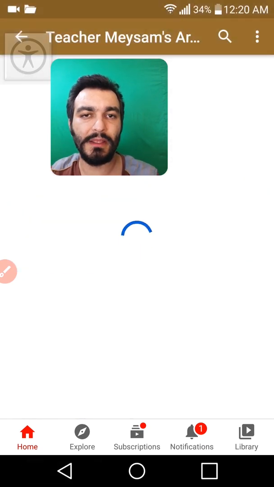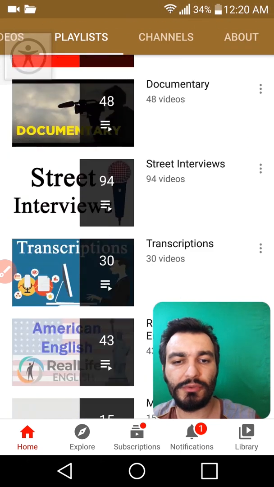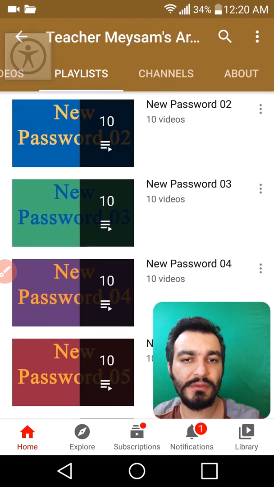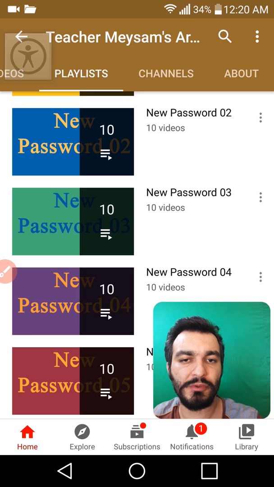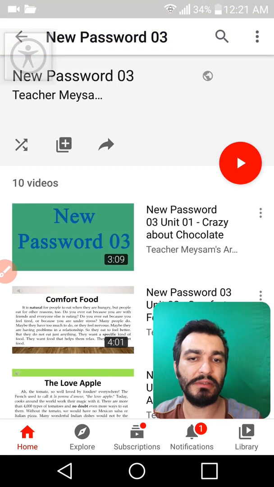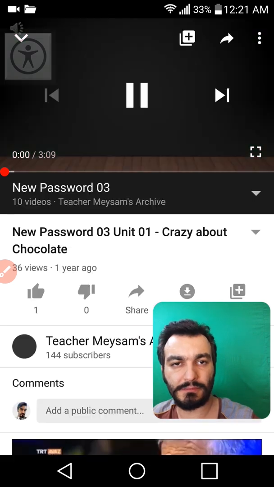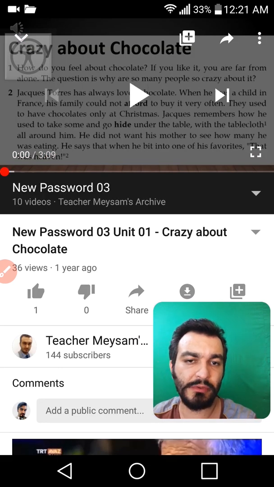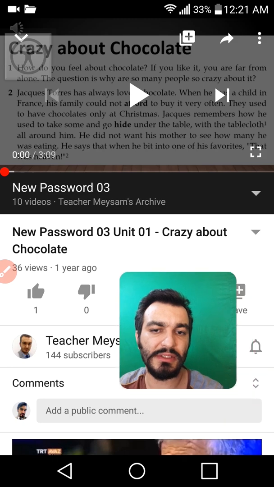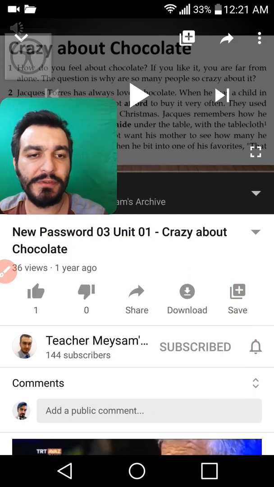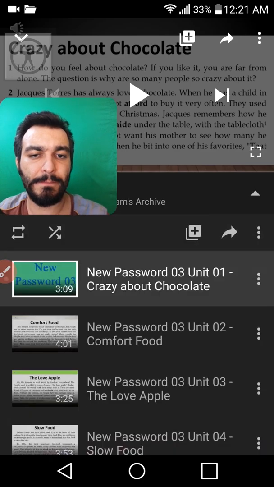For example, again, you go to reading passages, right? Reading passage number 3 is for B1 level, for example. This is B1 level. Again, tap on the first unit. See, new password 3, unit 1, crazy about chocolate, right? Again, we have two arrows here, right? So the first one, actually,